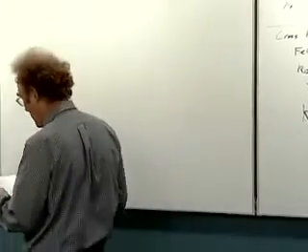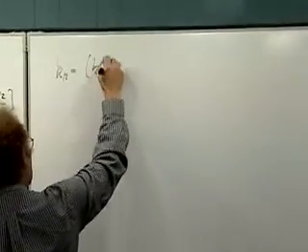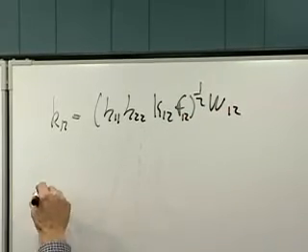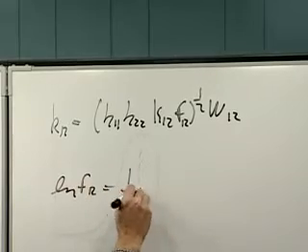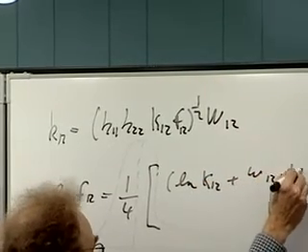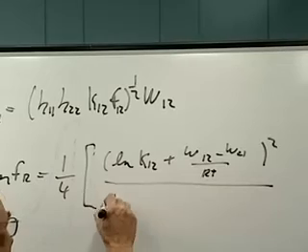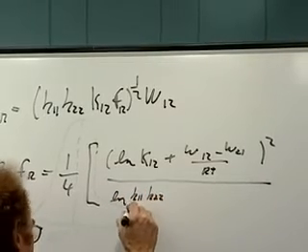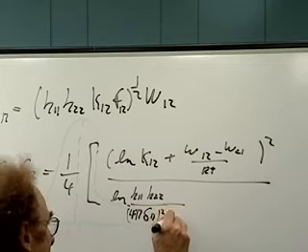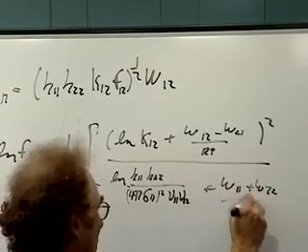They write this all down, and then they write K12 is equal to the square root of K11 K22 K12 f W12, where f is the log of f equals 1/4 times the log of K12 plus W12 minus W21 all over RT, squared, divided by the log of K11 K22 all over what I'm going to call 4 pi delta R squared times nu 11 nu 22 plus W11 plus W22 over RT